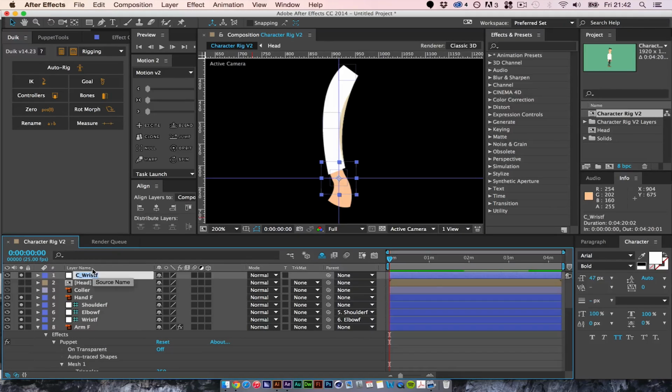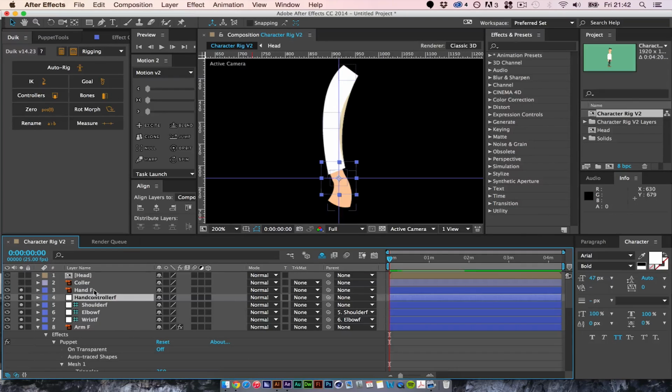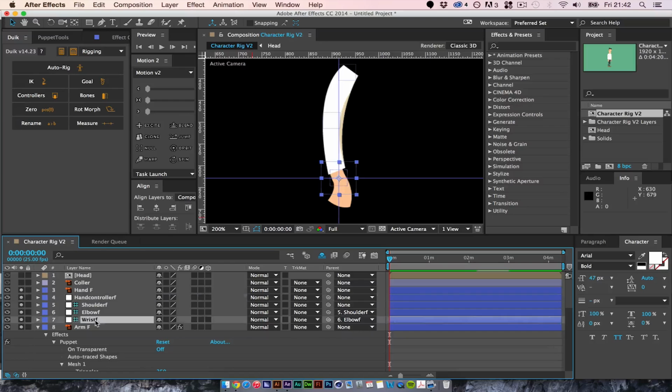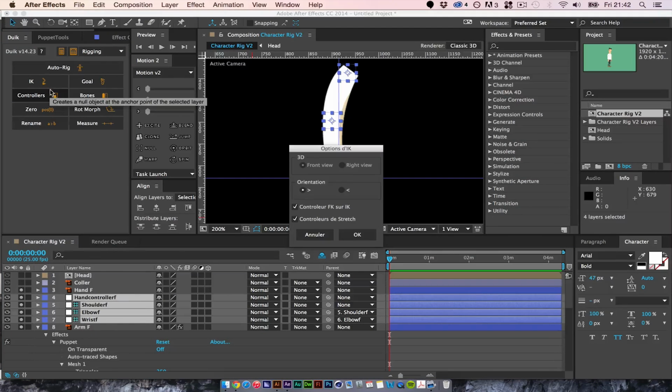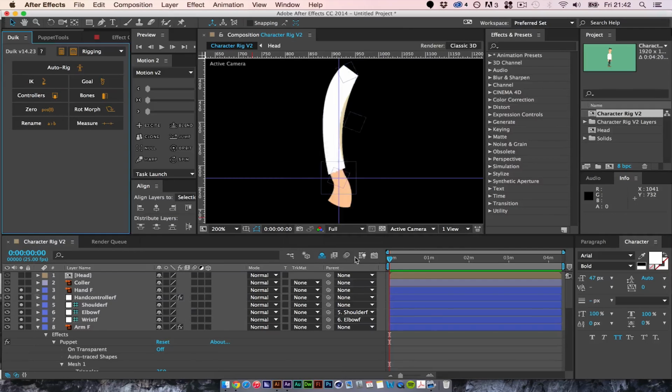And we'll quickly rename this to, what should we call this? We'll call this hand controller F. We'll put this right to the top because this is our master controller. So what we're going to do now is select from the wrist upwards to the controller, click IK, click OK, and what this does now is